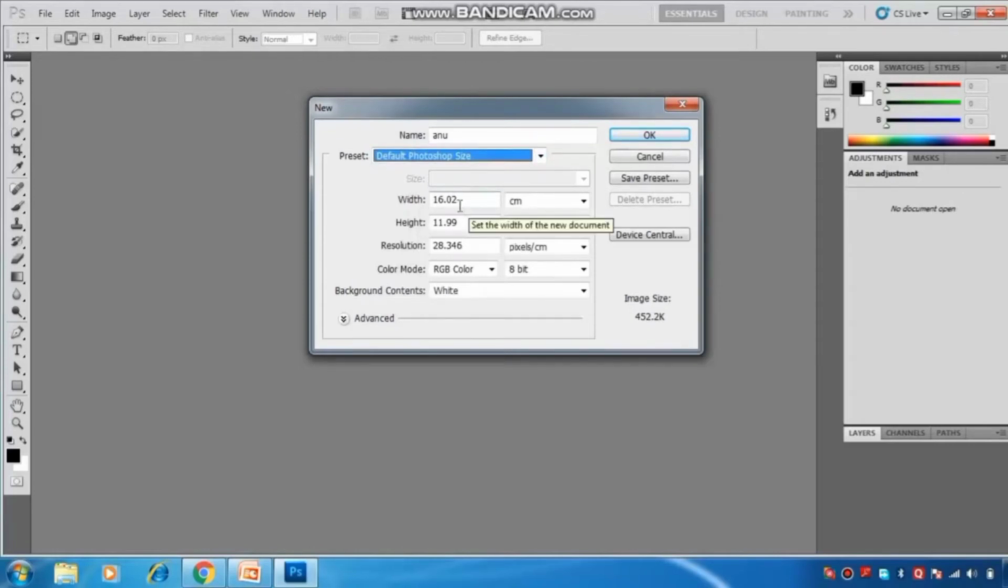You can also set the pixels, inches, means its measurement. Okay, like pixels, and you can also set the height and width of the image. From here you can select the resolution. What is the resolution now? Resolution means how many pixels in 1 inch. Okay,